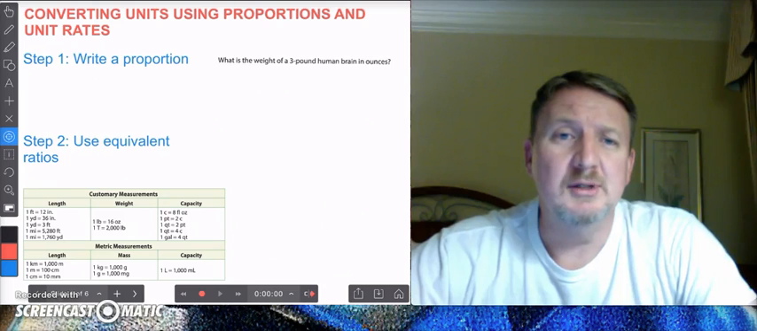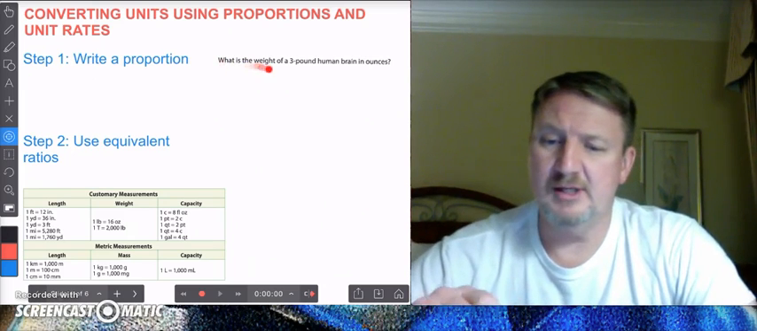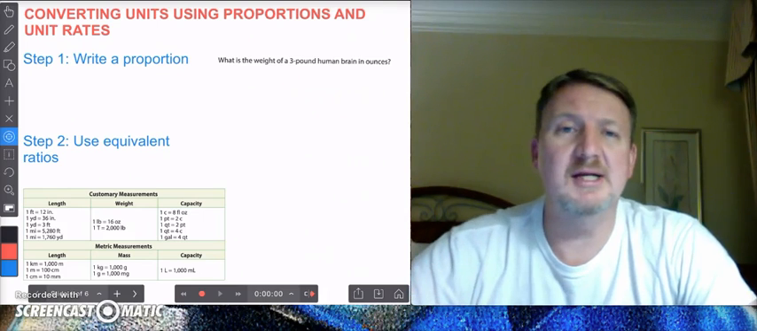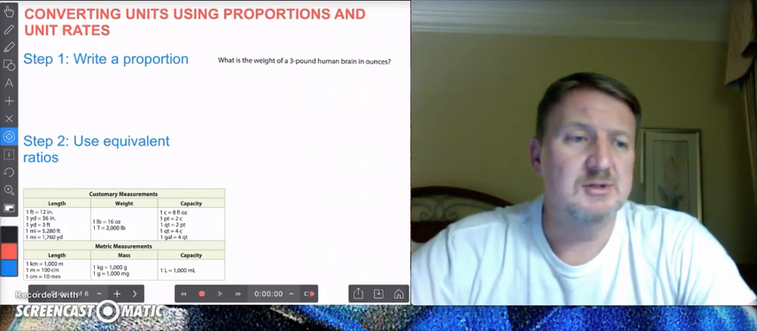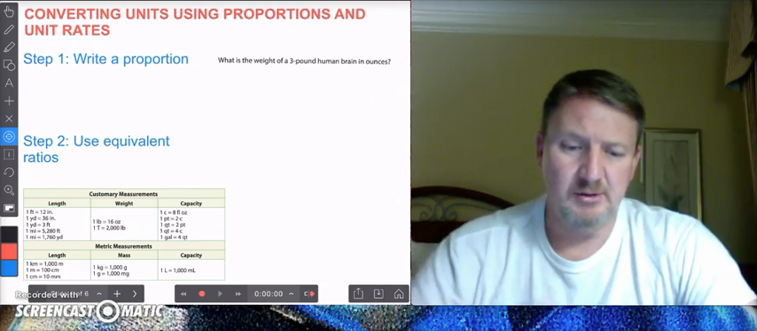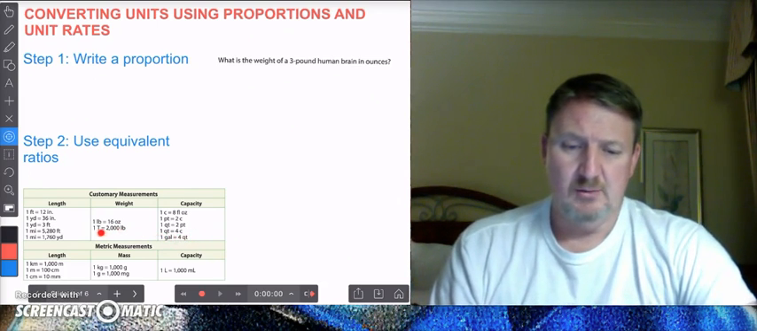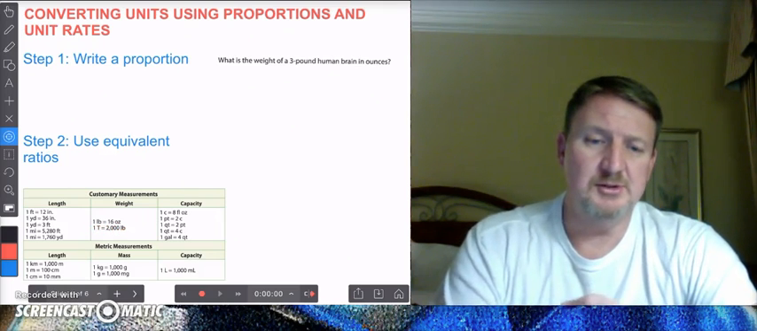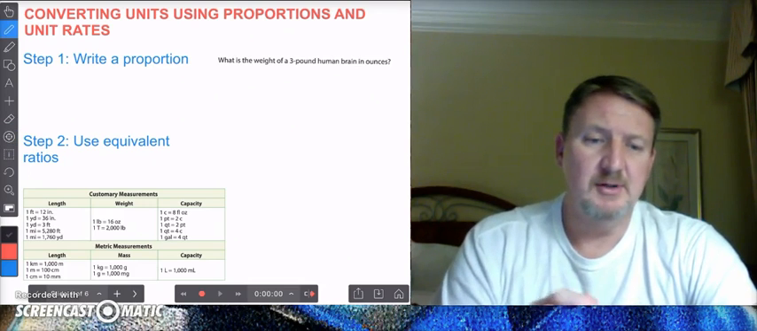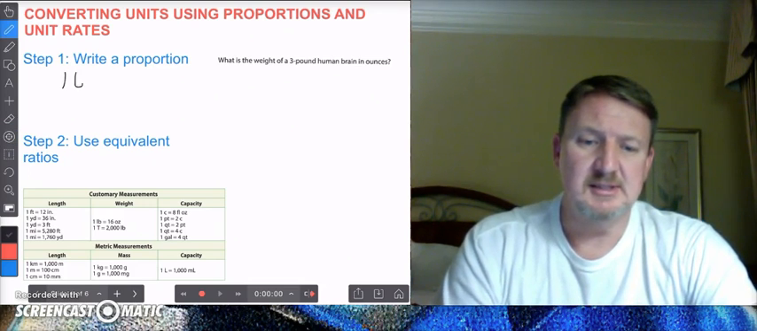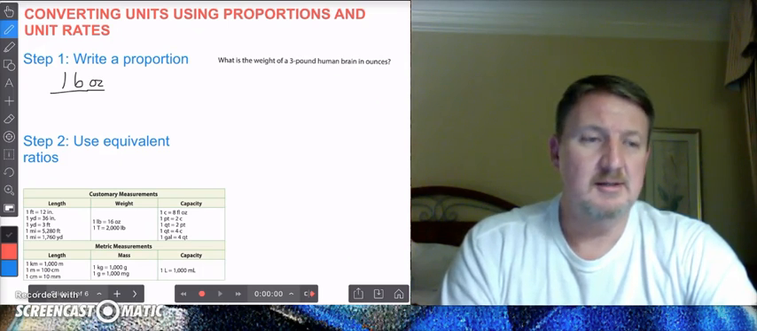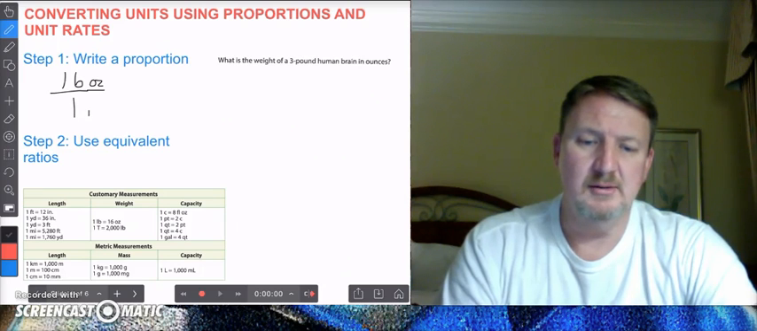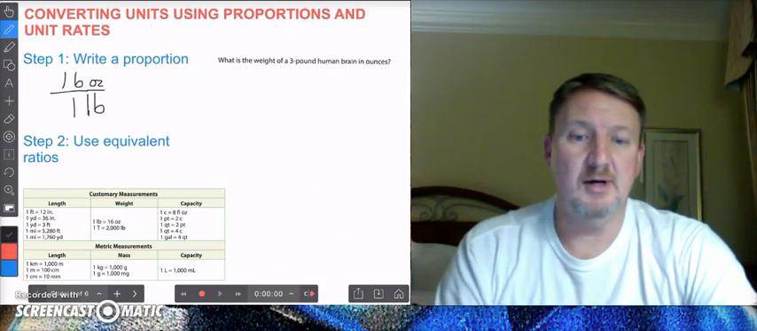I want to go ahead and talk about this problem right here where it says the weight of a 3-pound human brain in ounces. What is that weight? Okay, so the first thing you want to do is write a proportion. Now I'm looking down at this table down here where it says weight, 1 pound equals 16 ounces. Okay, so I'm going to write a proportion based on that information there. So I'm going to say 16 ounces is equal to 1 pound,